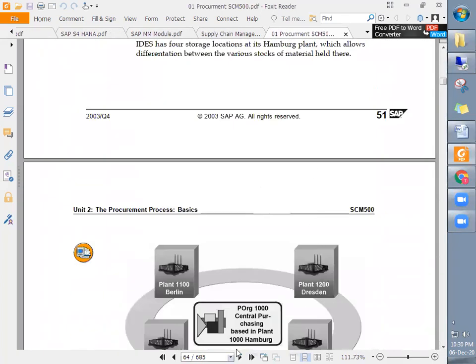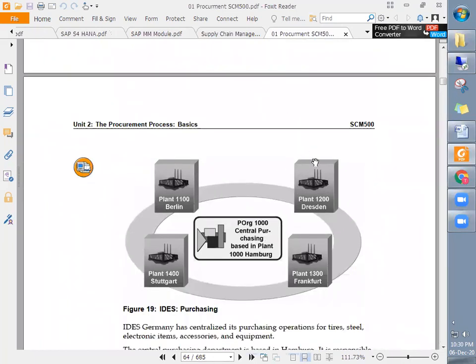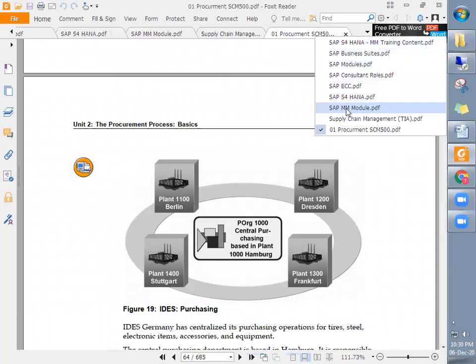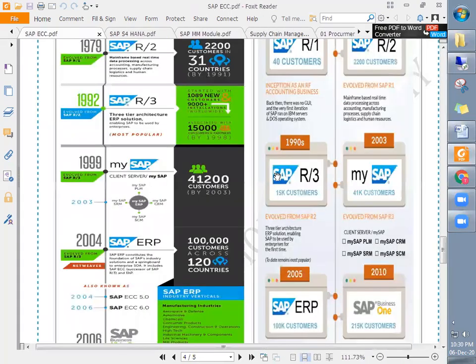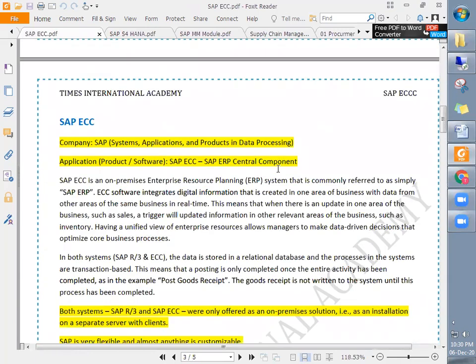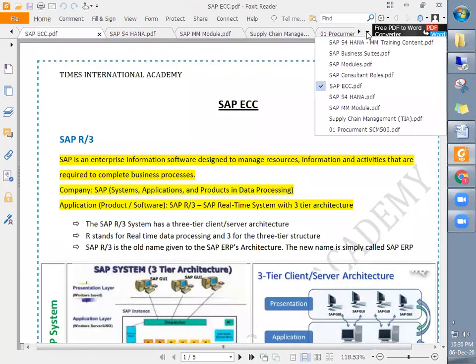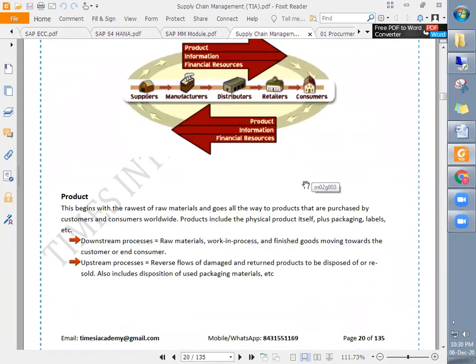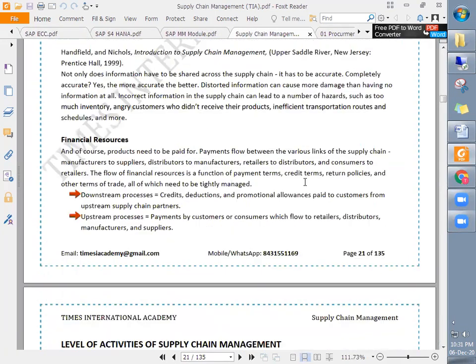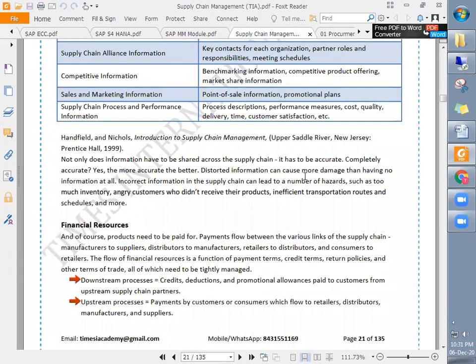You can see it's almost a 685-page book, and this book is from SAP. Besides this book, I am going to provide you my own customizing documents, all of these that you can see. Besides this, I am also going to provide the supply chain management book, which will help you understand the supply chain domain, like sourcing, procurement, inventory, and the actual departments that use them, to get more clarity.